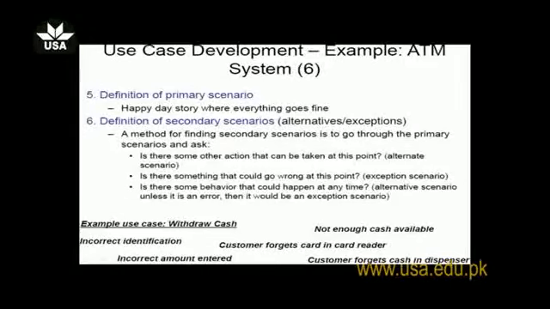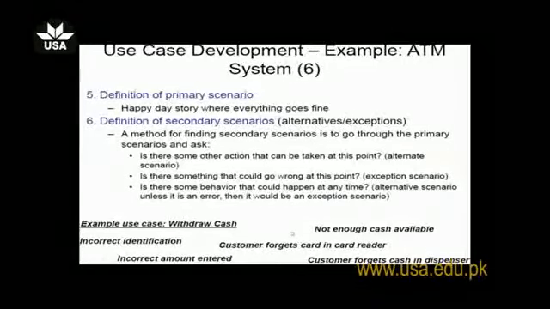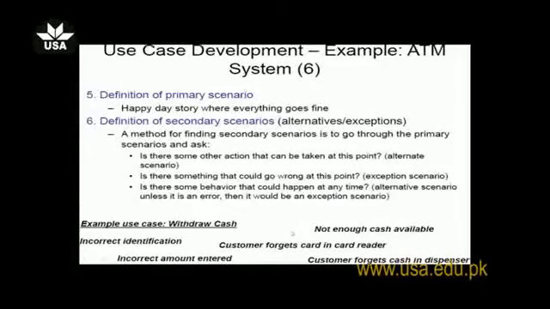So you can see here we have different situations, different actions, or you can say events that can occur while a user wants to communicate with your application. We need to think about all these events that can pop up while we are trying to withdraw the cash from